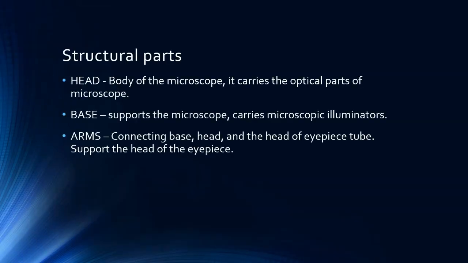The structural parts include the head. As I told, the head is the body of the microscope. It carries the optical parts of the microscope. The base supports the microscope and carries microscopic illuminators like mirror, source of illumination, light, etc. Arms are just the connecting part between the base and the head, and the eyepiece tube. It supports